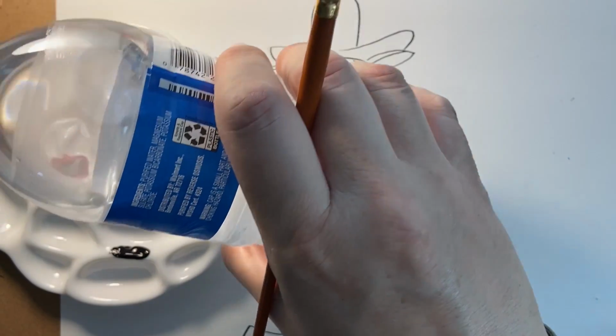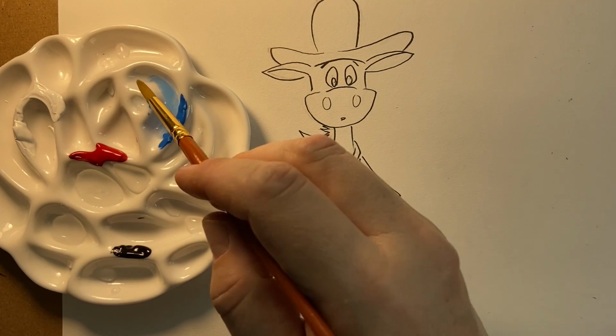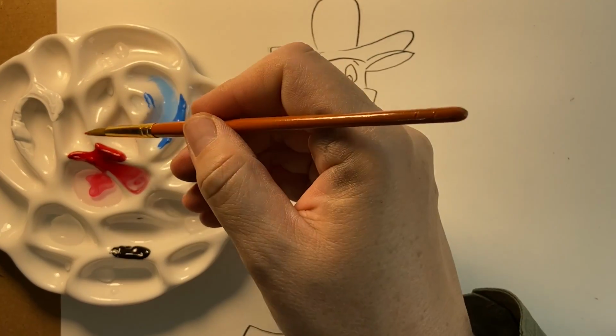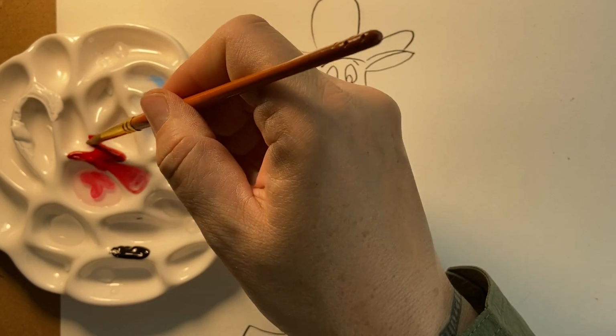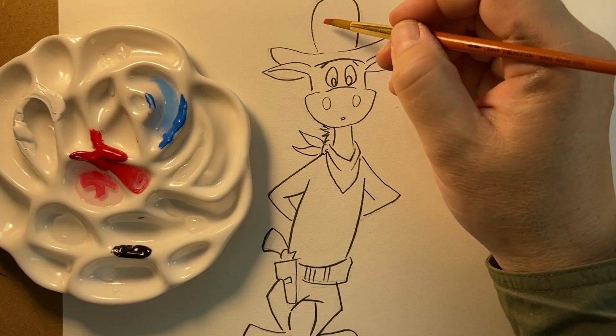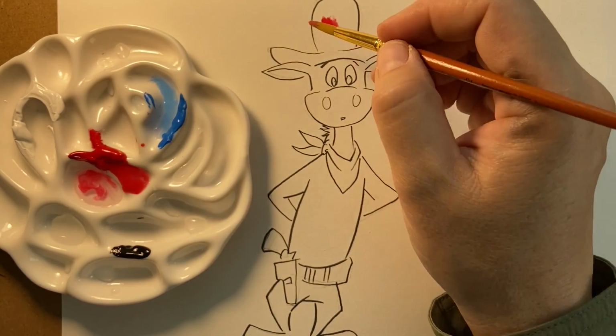It's a Japanese mixing tray, so there's all these different areas you can put water in and mix things. We're going to start first with his hat. So we're going to pull some of this red. Notice what I'm doing here. I'm getting my brush wet, and then I'm basically coming over here, get a little bit of water on there,